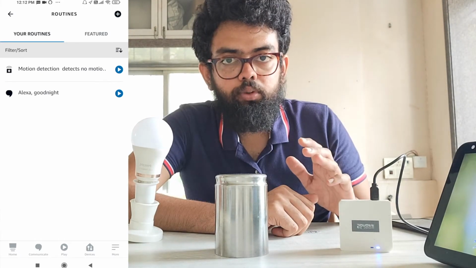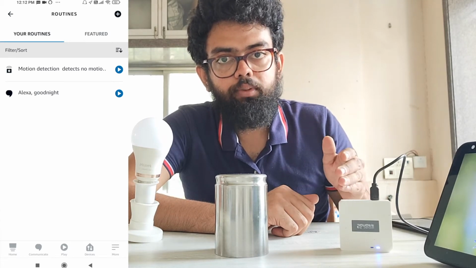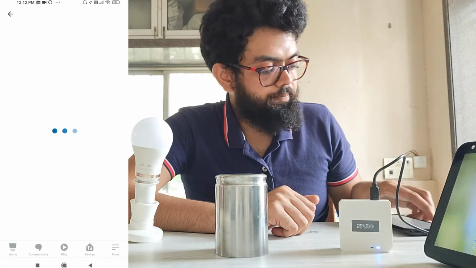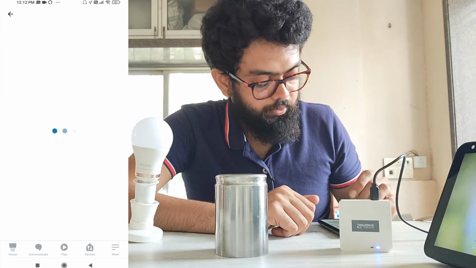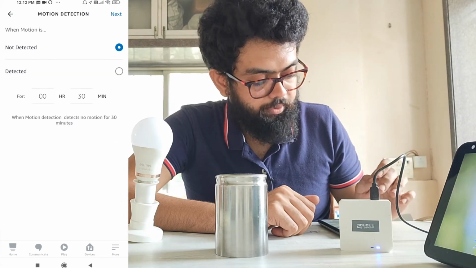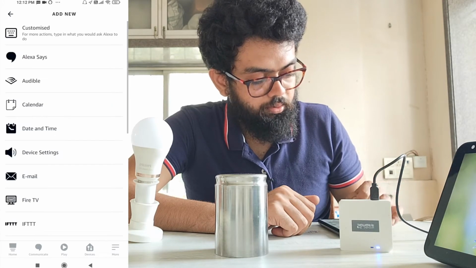So guys, now what we'll do is create an automation for when the motion is detected, and then an automation for when the motion is not detected. I'll click on the plus icon. When this happens, smart home, motion detection, detected, next. Add actions.